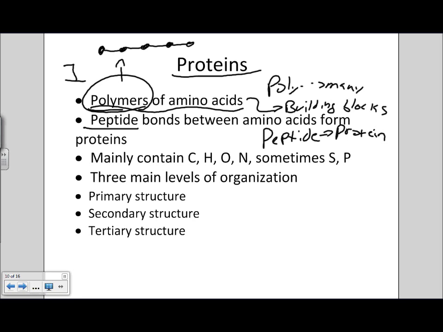Okay, so basically we form peptide bonds between these amino acids, and then we now have a protein. Now, amino acids themselves are carbon-based molecules with hydrogen, oxygen, and there is nitrogen in there as well. Sometimes you see sulfur and phosphates in there, but for the most part, an amino acid has a centralized carbon,